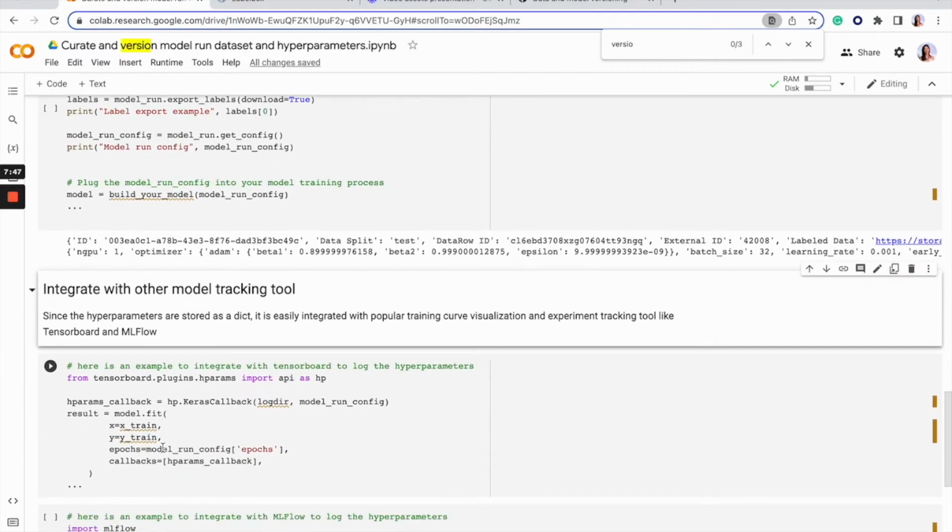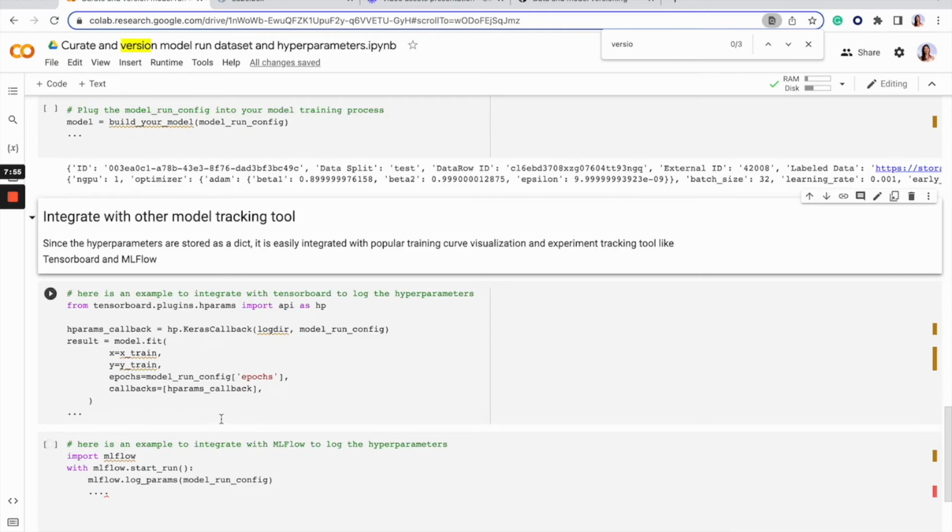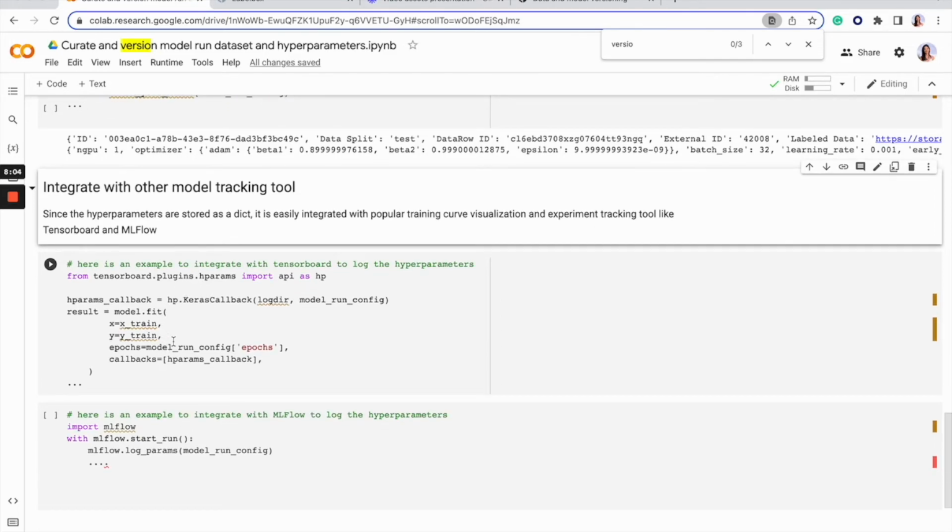Last but not least, I just want to quickly touch upon how easy it is to integrate some other model tracking tools. Since the hyperparameters are stored in a dictionary format, it's really easy to integrate with other training curve visualization and experiment tracking tools such as TensorBoard and MLflow. And here is some pseudo example code for you to check out. It's a really easy way to add your model configuration to the hyperparameter callback for TensorBoard,